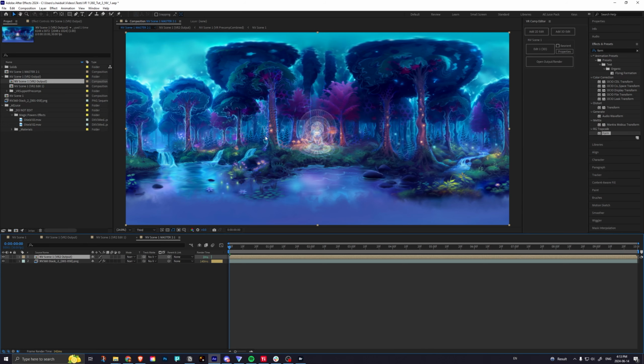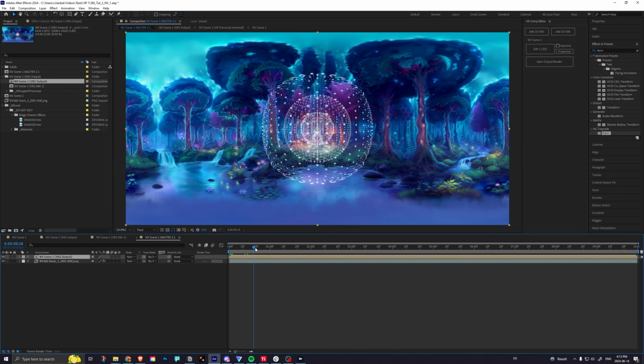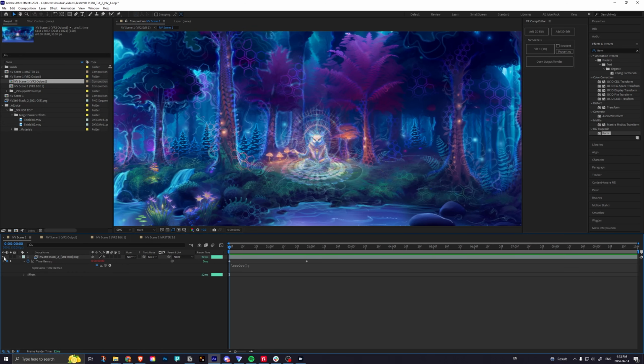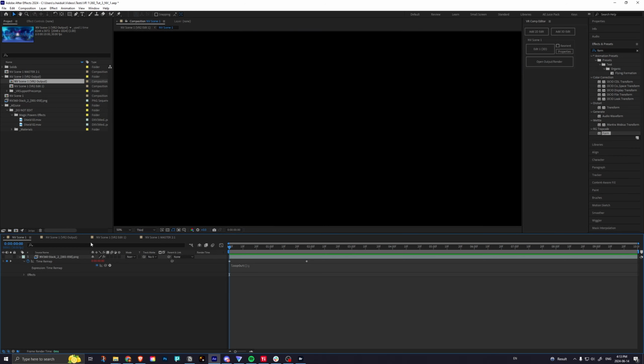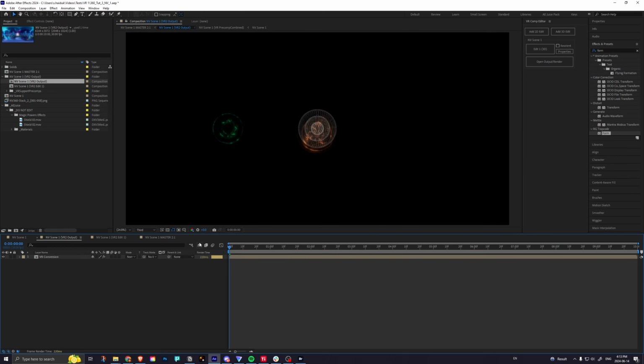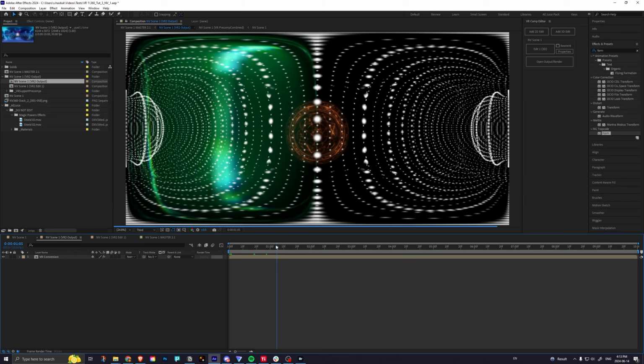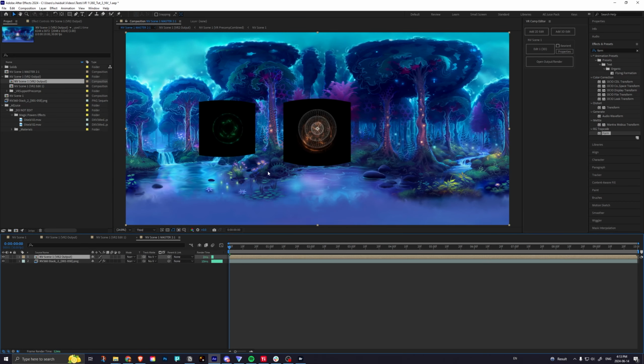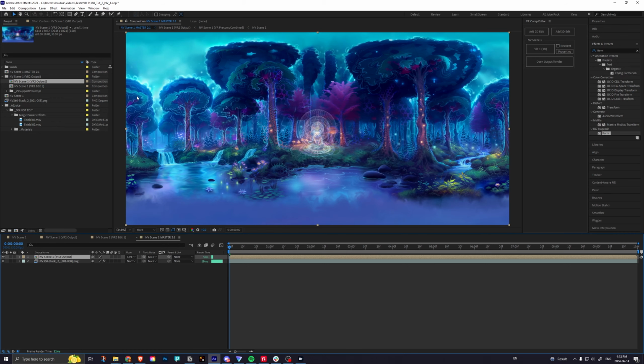Now you can see right away that the background as it appears, we have those destructive layers of the cube map. So how to fix that is I go back to the original foundational scene and actually just turn it off. And then when I go back to the output, you see I'm just dealing with these assets. And then when I go to this master comp, now we have those black boxes because they're not actually alpha channel, so I'm going to put that to a screen blending mode